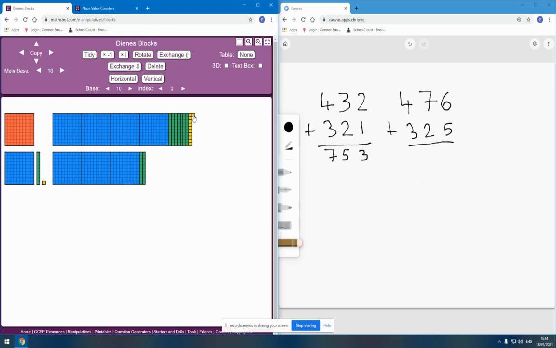And at this point, I have enough ones to exchange 10 of my ones for a single 10. So what I'm going to do here is say, right, well, I'm going to exchange that for a single 10. So that would just leave me with a single 1, but now I've inherited an extra 10. And now I can collect my tens together, move that 1 out of the way, and say, right, well, with the 7 tens I started with, plus that extra 10, plus these 2 tens,